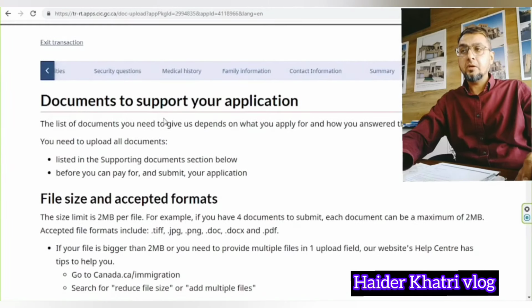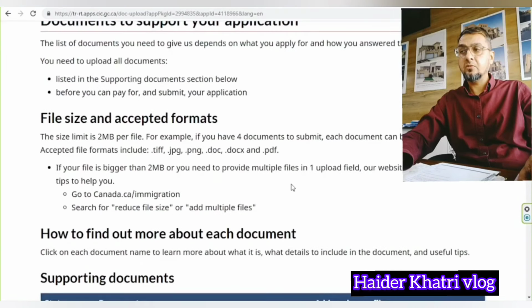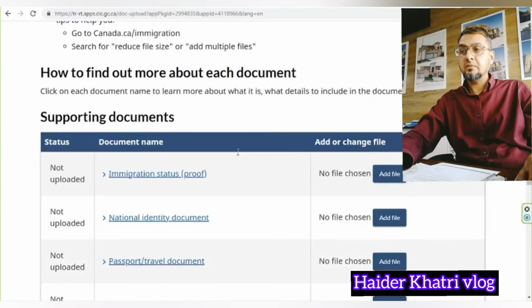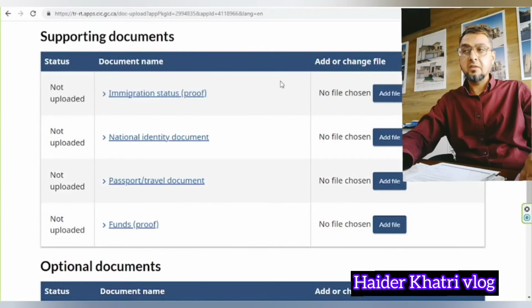So, documents to support your application. This is the list of the things you will receive. File size, this is the requirement for what you will have to upload. Immigration status proof, national identity card, passport, and funds proof. These are all the requirements they are asking.